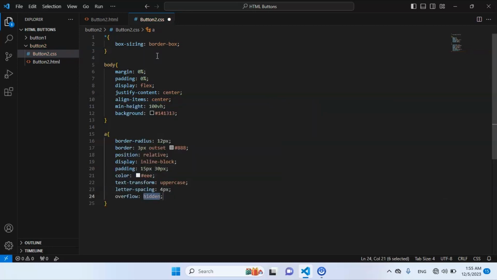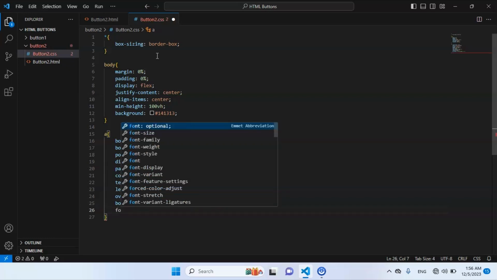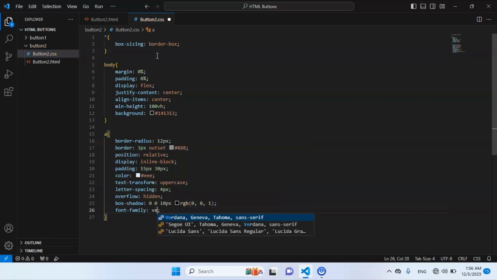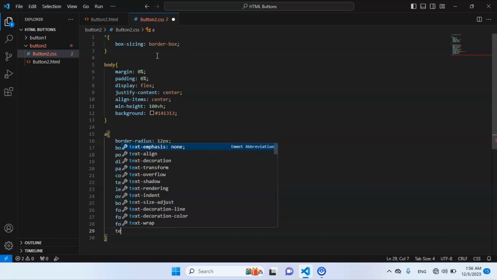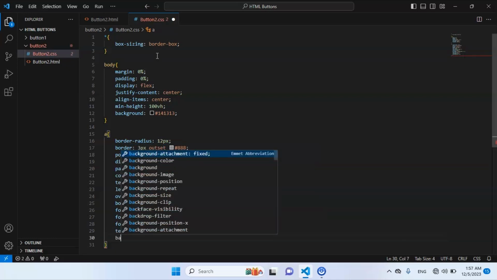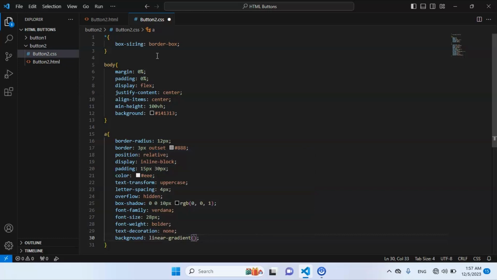Uppercase, letter-spacing 4 pixel, overflow hidden, box-shadow 0 0 10 pixel, and RGB 0 0 0 and 1, sorry. Font-family Verdana, and font-size 28 pixel, font-weight bolder, and text-decoration none, background linear-gradient